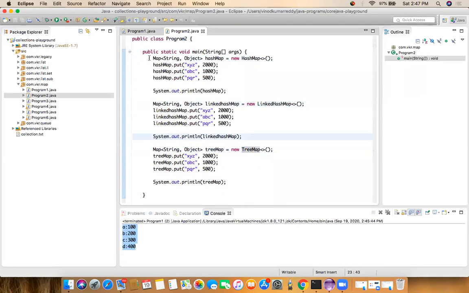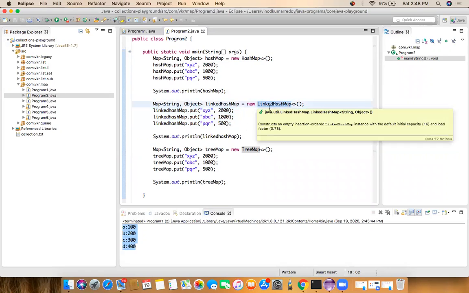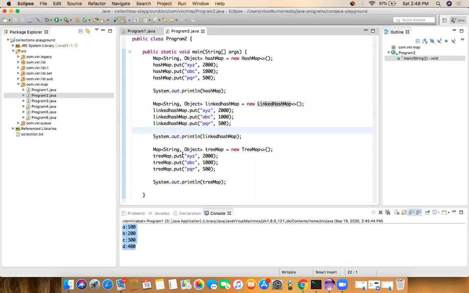Now here I created a HashMap object, adding the elements. Those are not in one order. It will list in some different order, not maintaining any order. All the keys XYZ, ABC, PQR are not in one order. If you want to maintain the insertion order, first XYZ, ABC and PQR, you get it by using the LinkedHashMap. If you want the sorting of the keys, XYZ is coming last, ABC is first, PQR is the second element, so we have to use a TreeMap. TreeMap is sorting the elements only by the keys, not by the values.